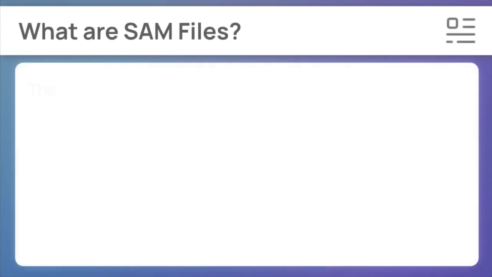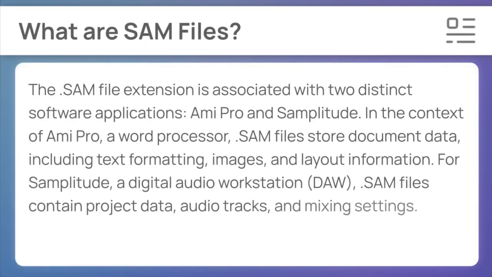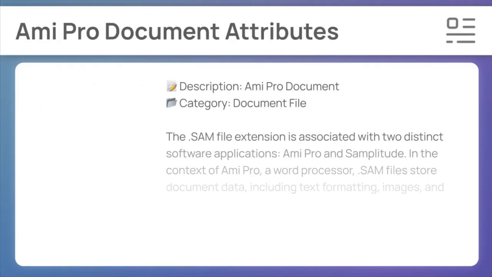The structure of a SAM is primarily defined as a component of the document file standard. Its core functionality is built upon the Ami Pro document system. The SAM file extension is associated with two distinct software applications, Ami Pro and Samplitude. In the context of Ami Pro, a word processor,